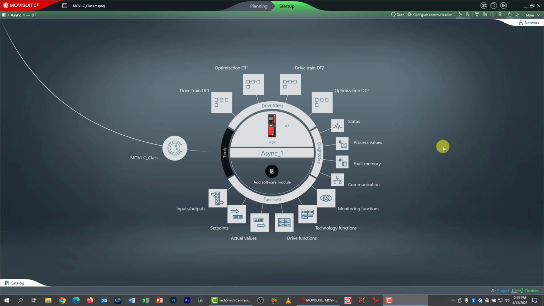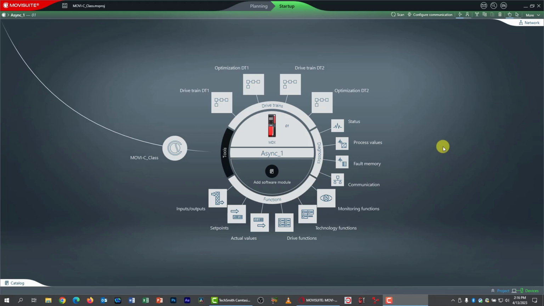Okay, well, we are ready to continue with our next lab, and I'm picking up where I left off, but of course, if you're coming back after being away, you'll need to load your project. This is where we were at the end of our basic startup. We're going to run our drive in what's called terminal control mode today, or binary mode, and you've just spent some time learning about that, so I don't need to say much more about it. So let's just dive in and start making the changes we need to play with our drive using the switches